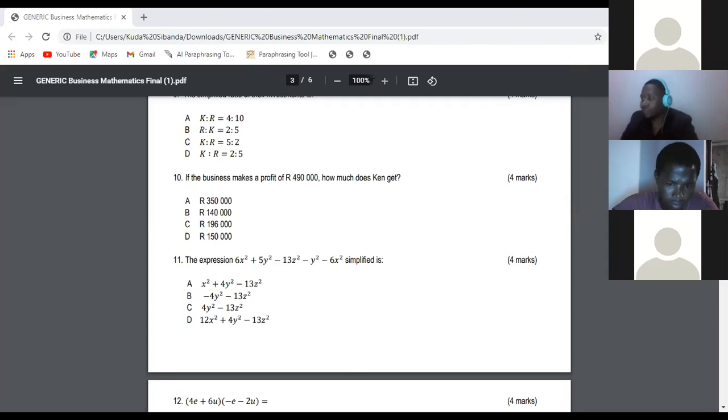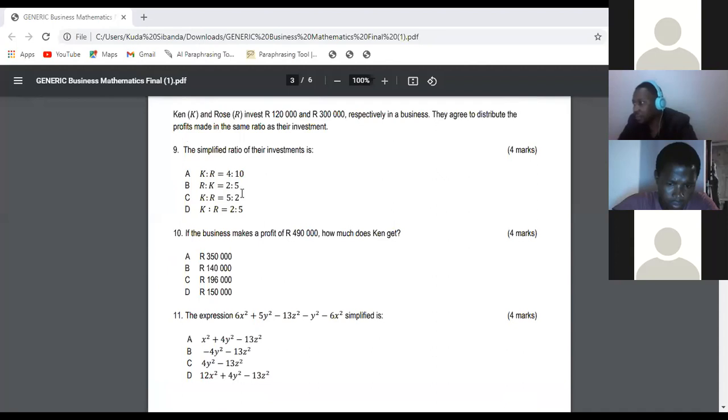0.4 I think is 2 over 5, if I'm not mistaken. It's 2 over 5, but if you use the decimal, it will confuse you, boys. If you can see on question number 9, there are no decimals there, right? Let me just double check. Yeah, it's 0.4, but 0.4 is what? It's 2 over 5 in its simplest form. Okay, in this case,